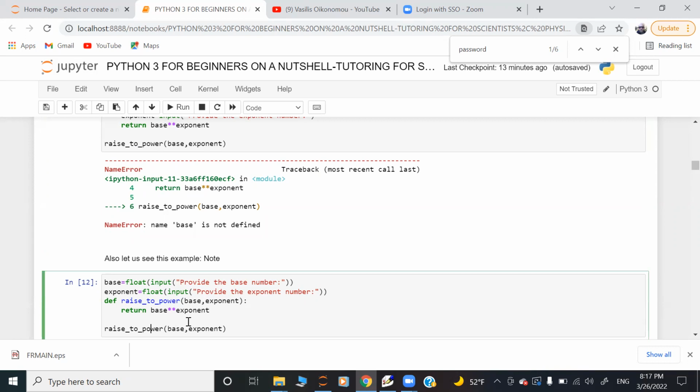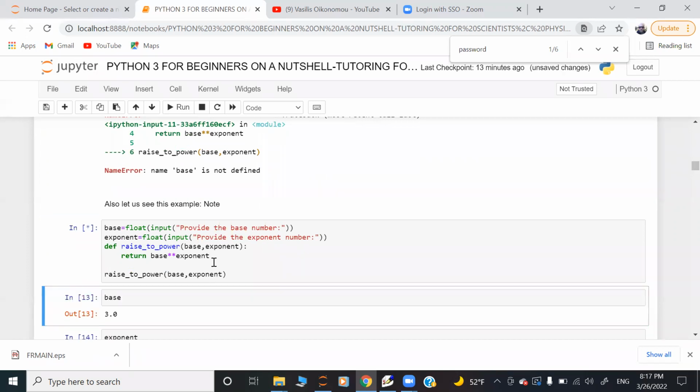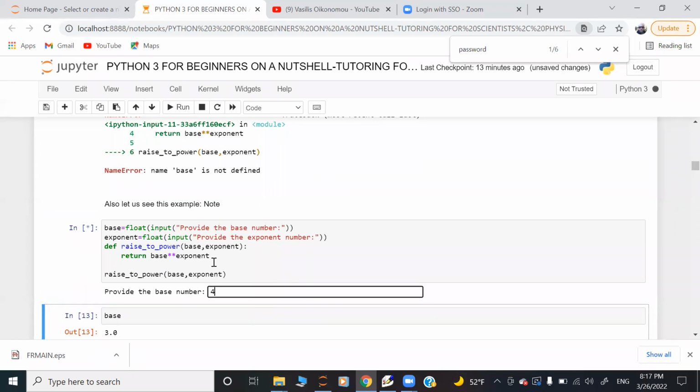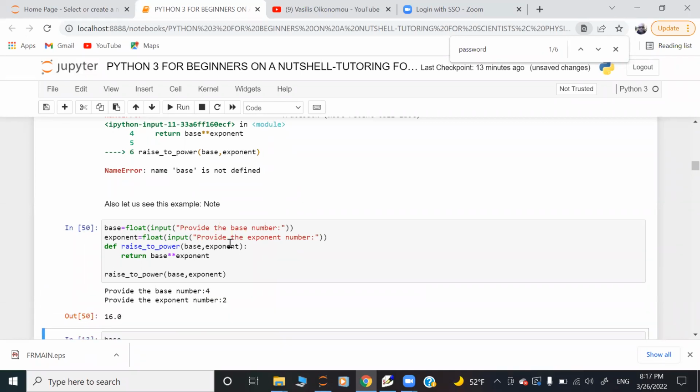So I'm going to call the function here, and normally I expect that the program is going to ask me for two numbers. So let's play. The first number is 4. The exponent is going to be 2, for example. So as expected, the function returned